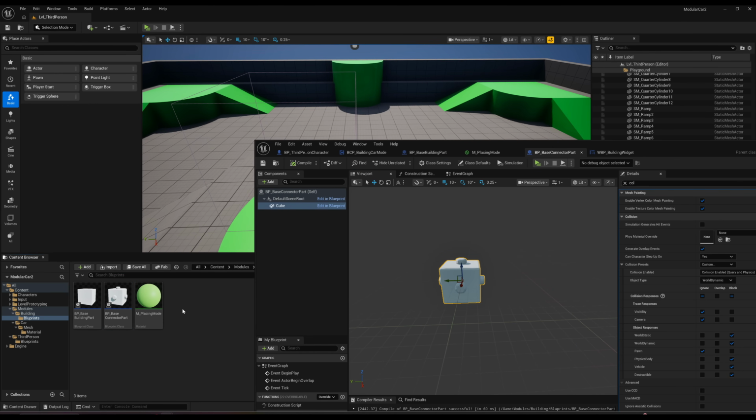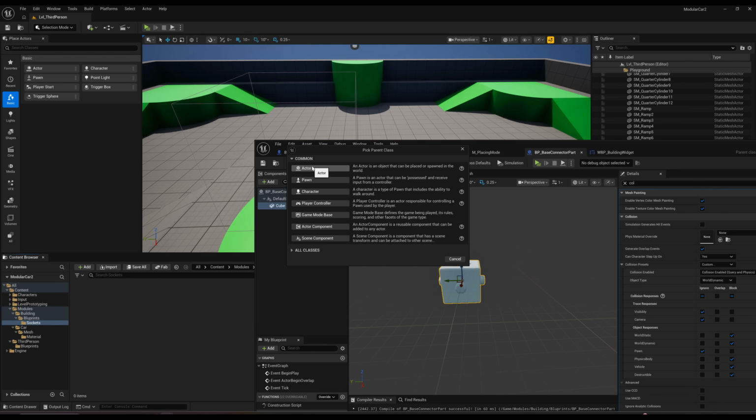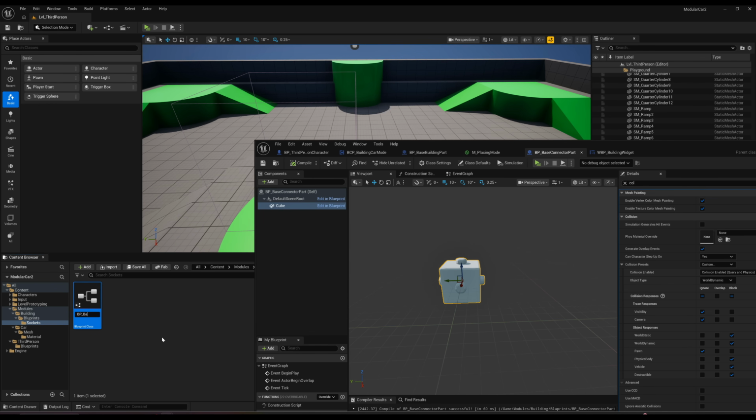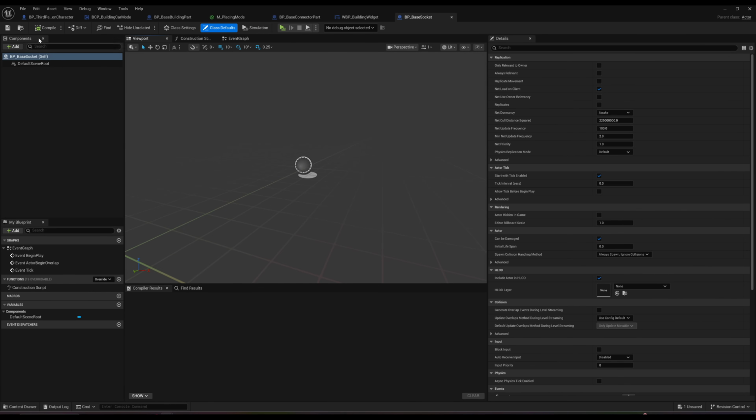We just need to basically right click. We're going to create a new folder called sockets because this is going to be a new actor. I'm going to add here a new actor called socket. And we're going to call this BP base socket, right? And the socket, what is actually going to be here is that it's going to be a sphere,